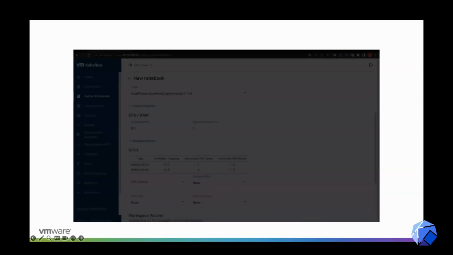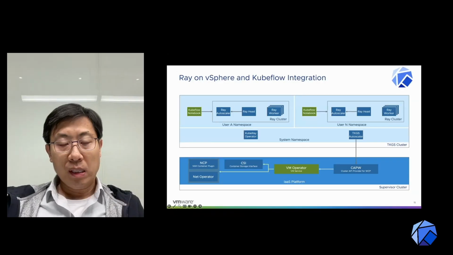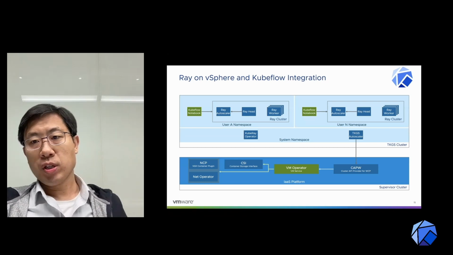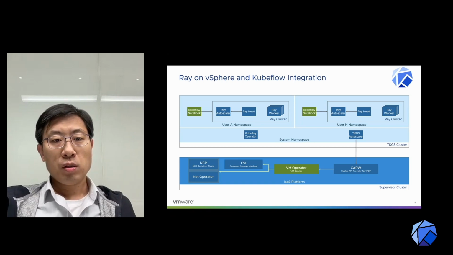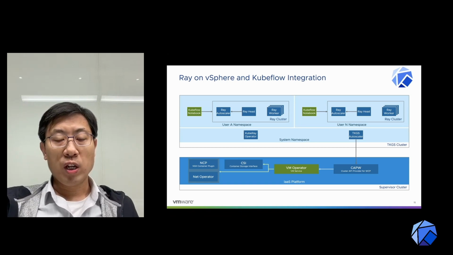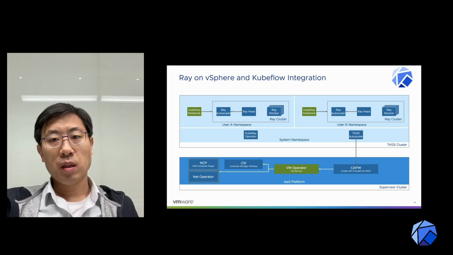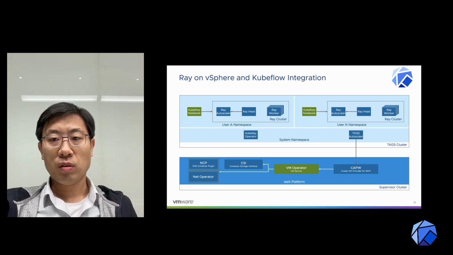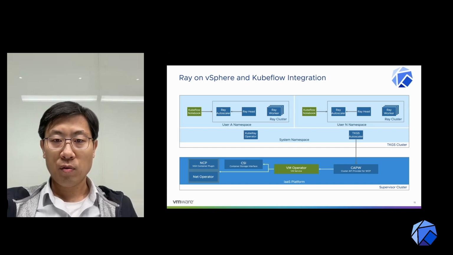Okay, that is the GPU part. And the last thing I want to mention is Ray and the potential integration with Kubeflow and vSphere. As we have announced in VMware Explorer, and as you know, we spend a lot of time with Anyscale working on Ray in particular, because Ray gives you a quick on-ramp to a variety of different AI projects, especially in the large language model area, and also